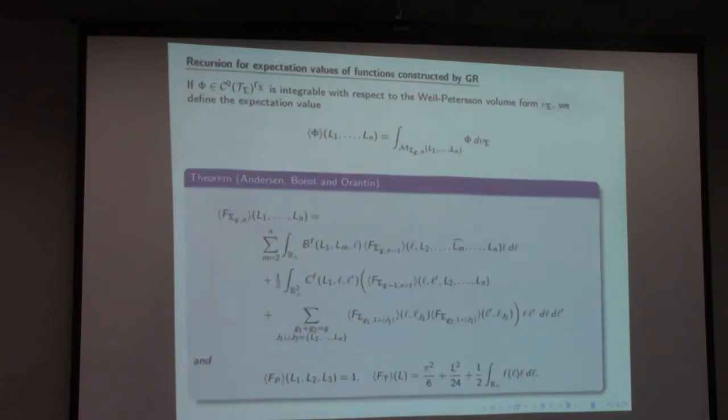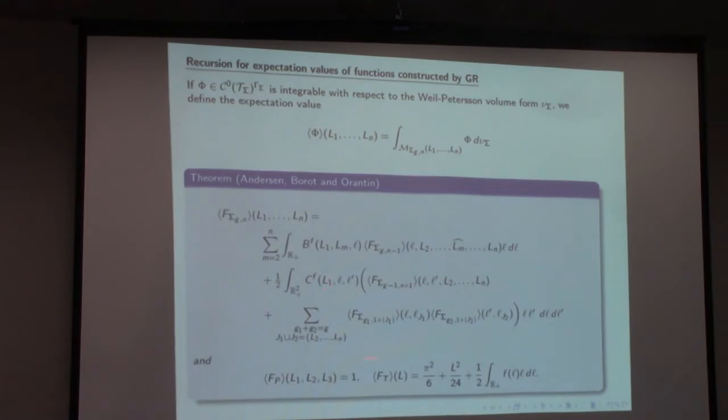Okay. And so the theorem is that for those functions we just saw before, it turns out that these functions are integrable on this moduli space. So these exist, and the following very nice recursion is satisfied by their averages. So you see what goes in here. Here is the average for genus g and n boundary components, L1 up to Ln, was the sum m equals 2 up to n, integration over R plus. Then you have this kernel B here, which was completely explicit, right, in terms of f and the Mirzakhani expression. You multiply onto the average where the number of boundary points has gone down by 1. You insert an L here, you remove that guy, and you do L dL. Plus, and then you have the C term,